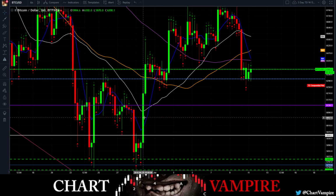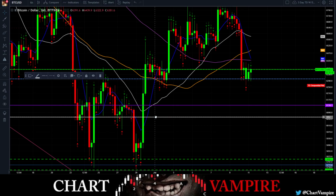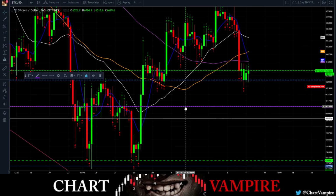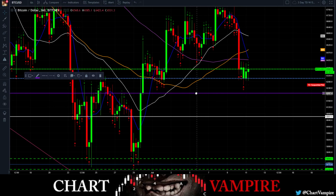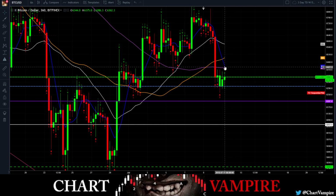I'm going to move that up. There it is right there. So I'd say you have a lot of support right here at this level. I'll squeeze this line right up there. There we go. Got support there, and I like the support that's right around the 6,200 range, right in there. I kind of like this little area for support right here. So if we do fall down, this could be a peg and a little bit of bounce, but